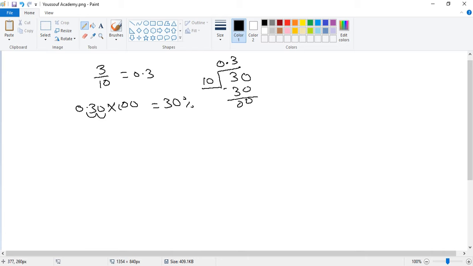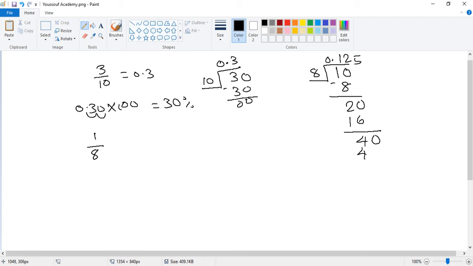What about if we have 1 over 8? 1 over 8, we divide, make long division. 1 divided by 8, it doesn't work. 0 and decimal point, we add 0 here. 10 divided by 8 is 1. 1 times 8 is 8. The remainder, by taking away, is 2. We add 0 again. 20 divided by 8 is 2. 2 times 8, 16. Take away, remainder is 4. We add 0. 40 divided by 8 is 5. 5 times 8 is 40. Take away again, no remainder. 0, so 1 over 8 equals